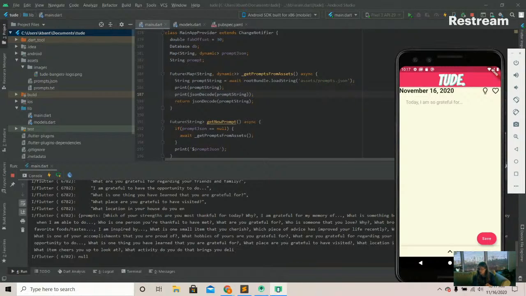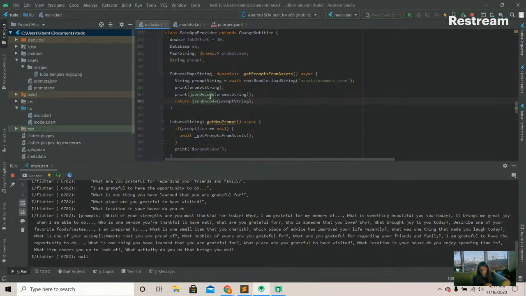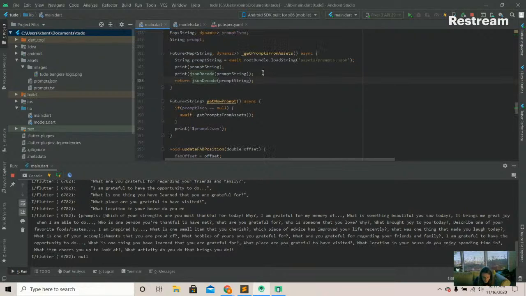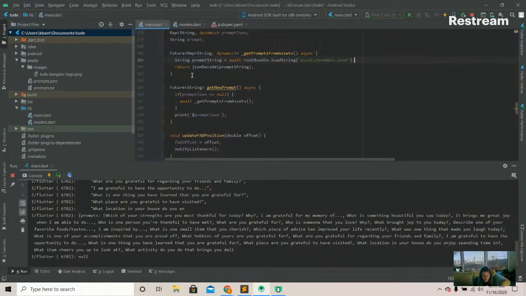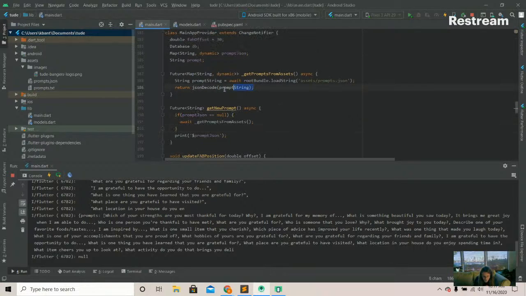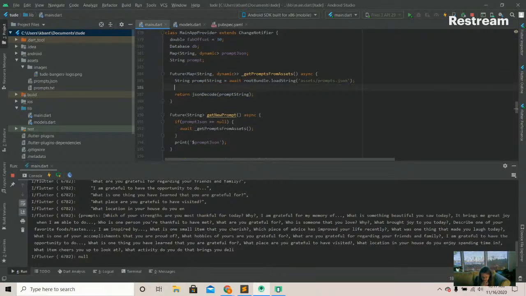I guess we just maybe need to convert it to a map. Oh, wait. No, I'm just an idiot. So I think it's all working. We just need to be setting prompt JSON, which we're not doing. So we're returning this. We actually want to be